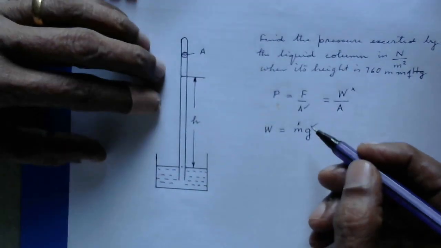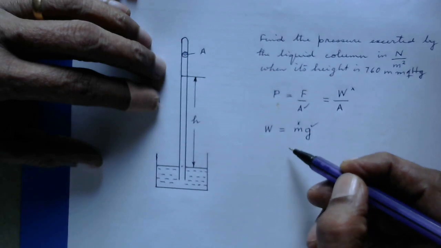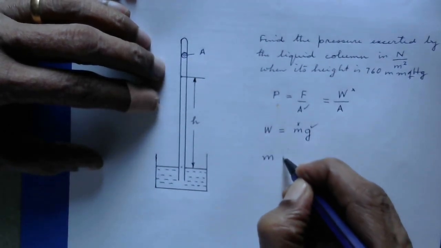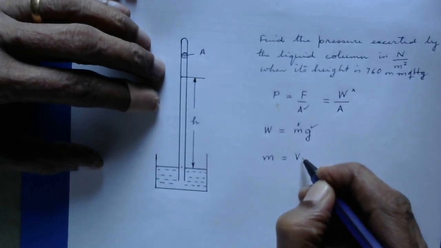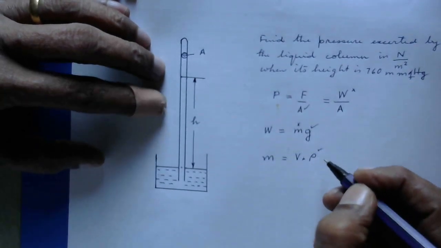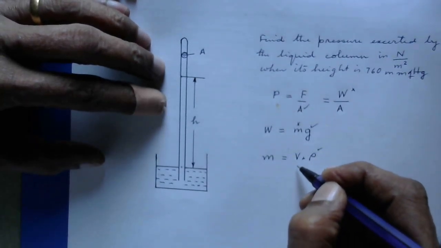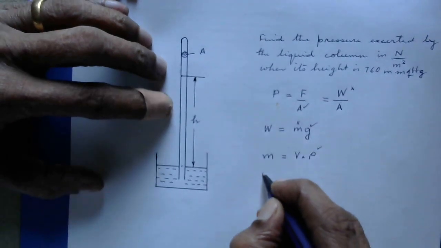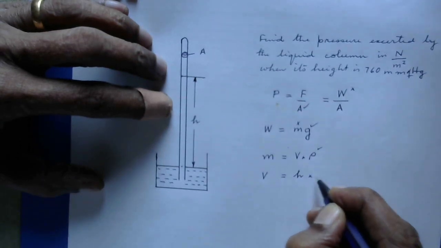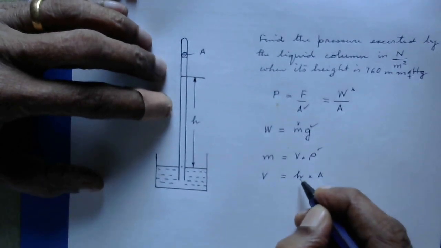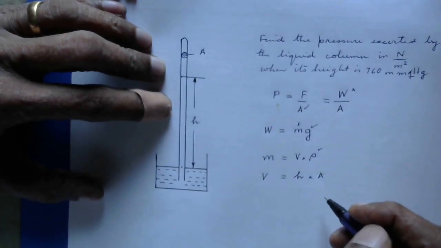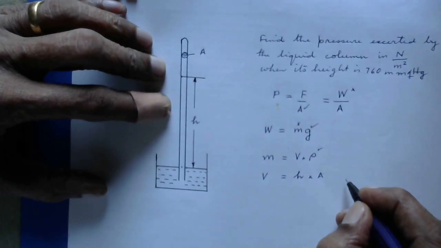The advantage of sequential thinking is the current step will tell you what is the next step. So now I have to write an equation for mass. Mass is equal to volume into density, rho. Rho we know, but V we do not know. So we write an equation for V. V is equal to height h into the cross-sectional area A. A is known, h is known, which is already given. So now everything is known, we have to substitute back and get the final equation.